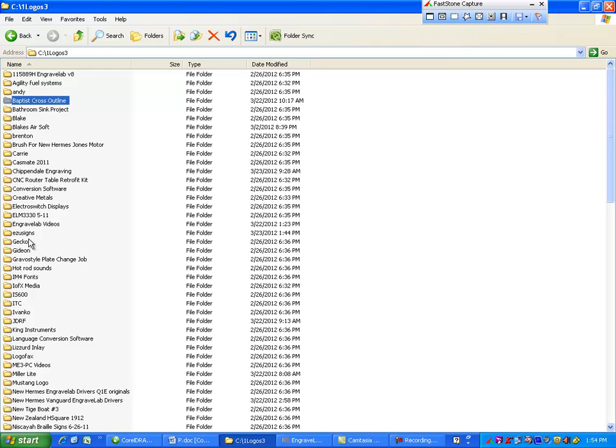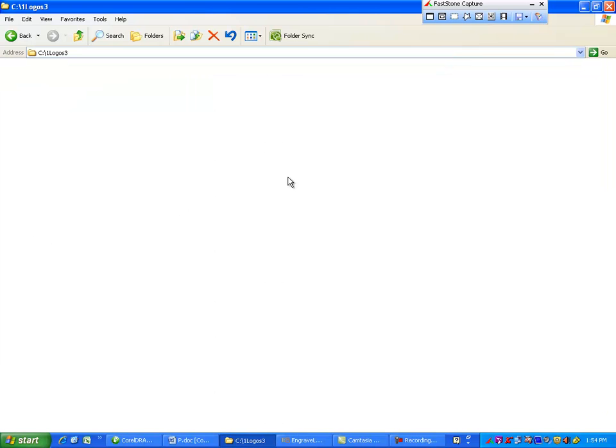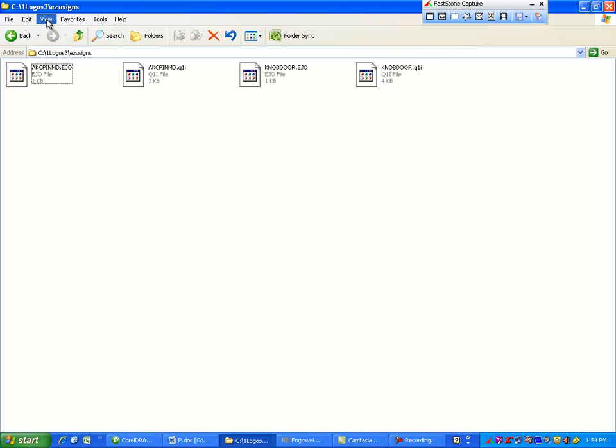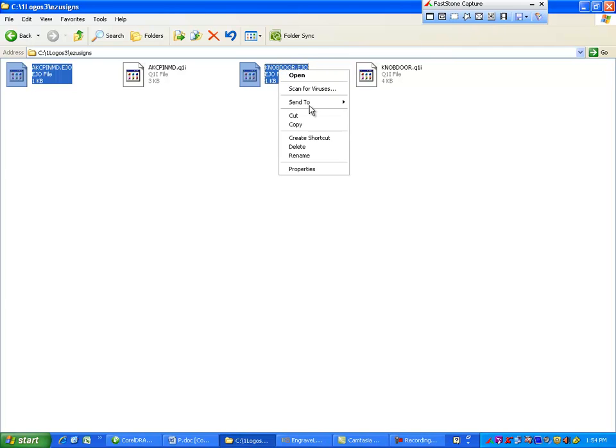And I put it down here in easy sign, easy use sign. And I'm going to take the two EJO files which I downloaded, and I'm going to just copy these, go up a level,